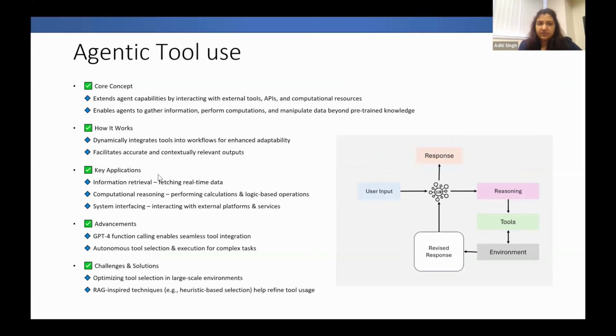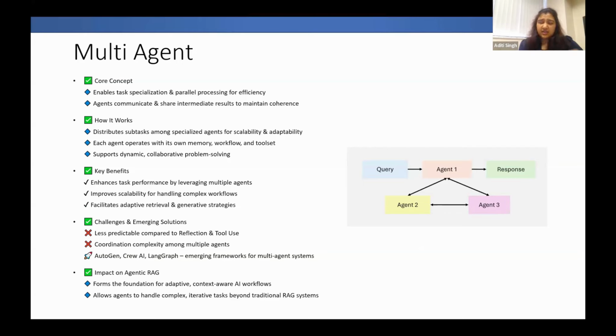There could also be a question of how the results are getting back together, and how do you merge those results back. The coordination could be a challenge in a multi-agent system,